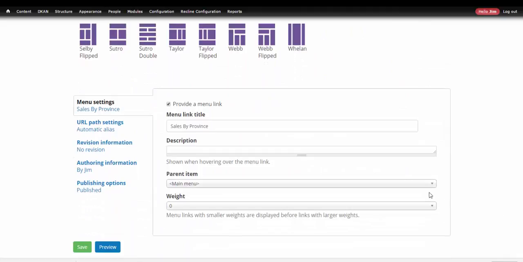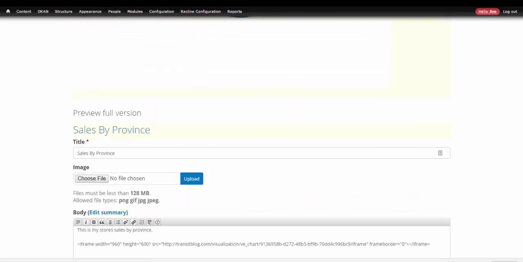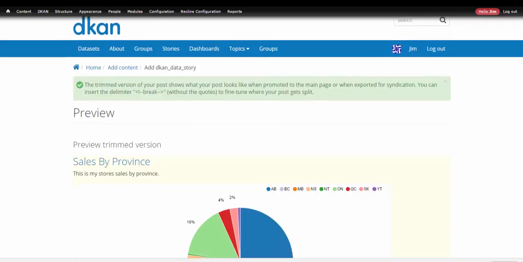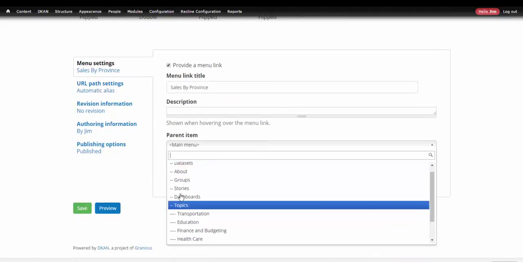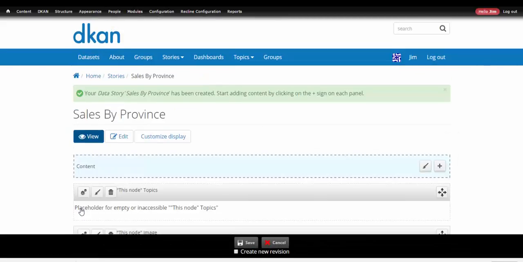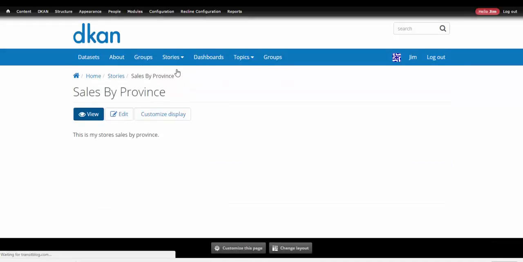And when I go back down, I can put this page under something else. So what I'm going to do is put it underneath, I think we're going to put it underneath the stories menu. Put it underneath the stories menu, and we'll save it. And then when we go, there's a link created for the sales by province story. You can click on it,